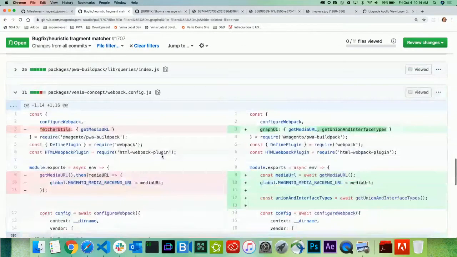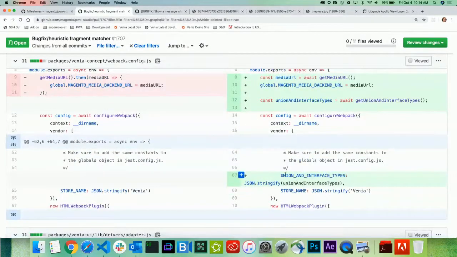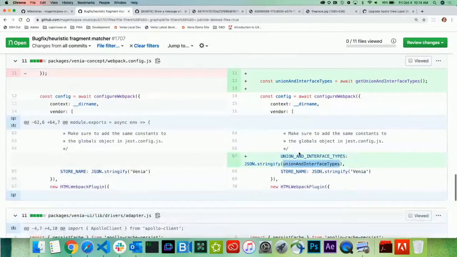Then this is Webpack. So go get all those union and interface types, and then we're using the Webpack define plugin to inject that into the Webpack bundle so that the Venia storefront, the UI, can use that later. So here's where we go and get it, inject it using the define plugin, and then